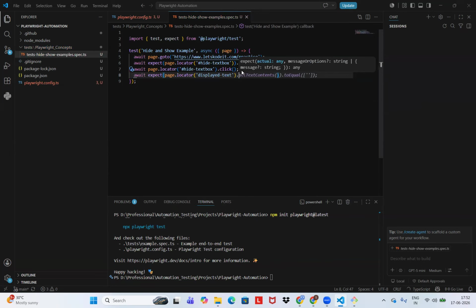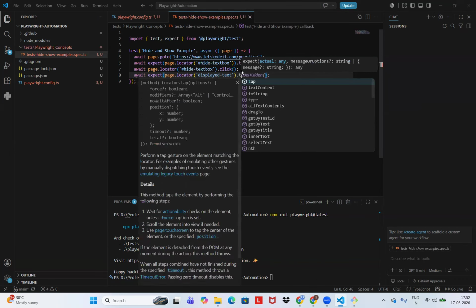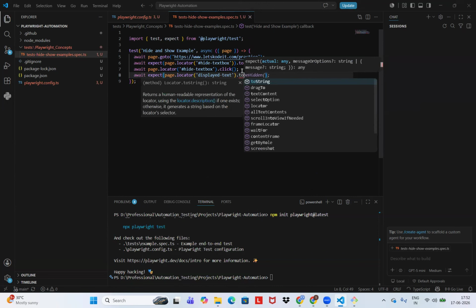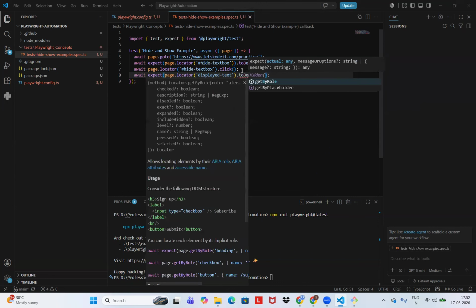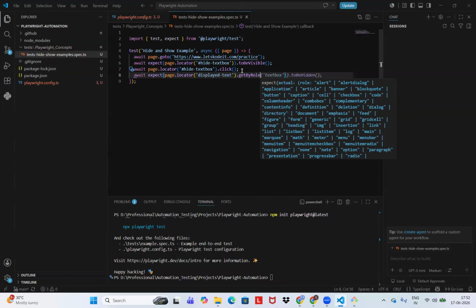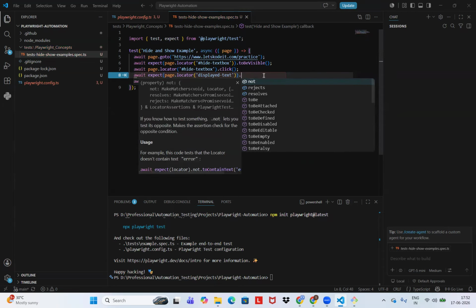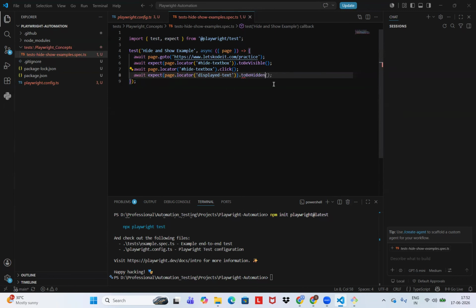So dot to be hidden. See why it is not coming now. So I need to close the double bracket. Okay, I need to close this dot to be hidden. Can you see here? Okay, this is what we are expecting. Now once it is hidden,